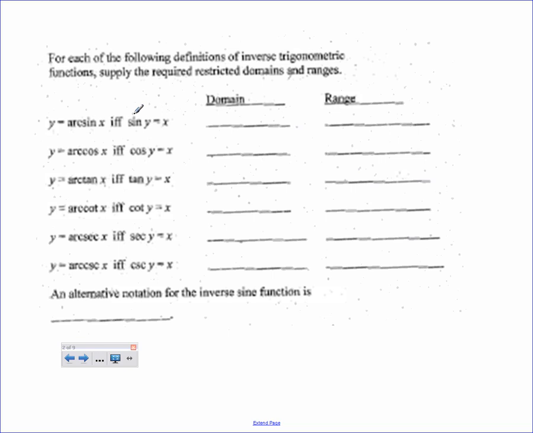Okay? So when we're looking at this, y equals the arcsine of x if and only if